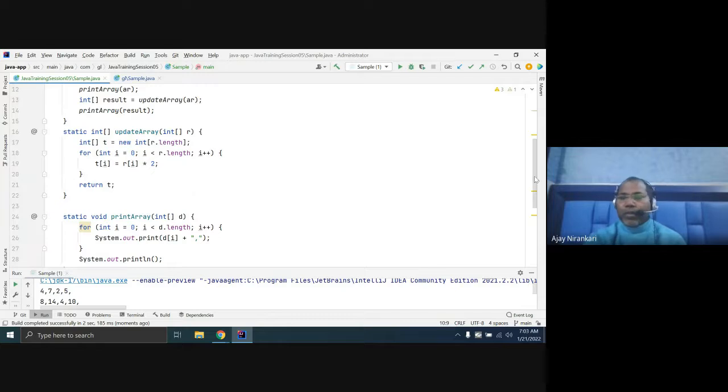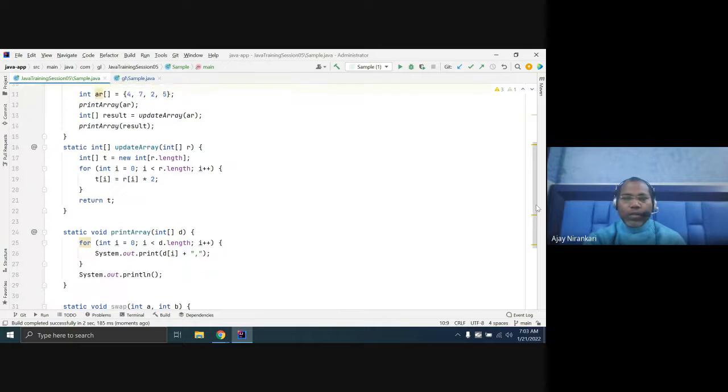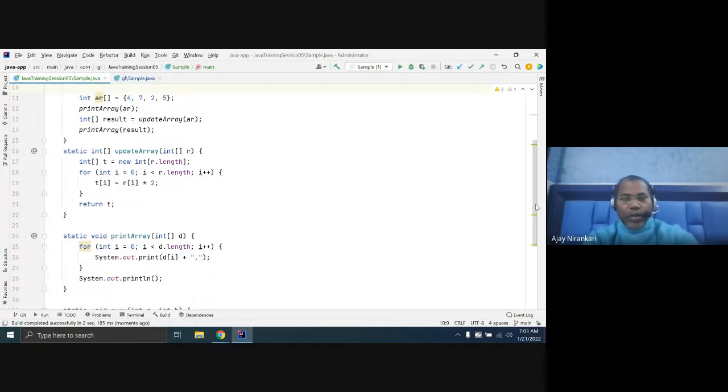Let me minimize this so that the complete code comes here. Let's repeat the logic. Whenever your main code runs, it creates one stack memory.